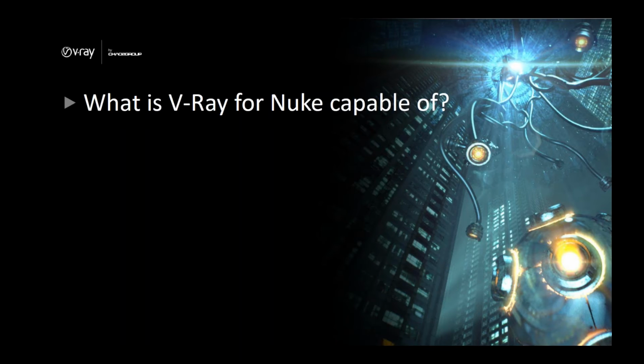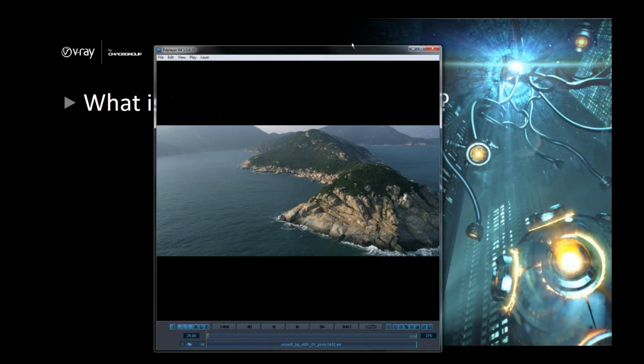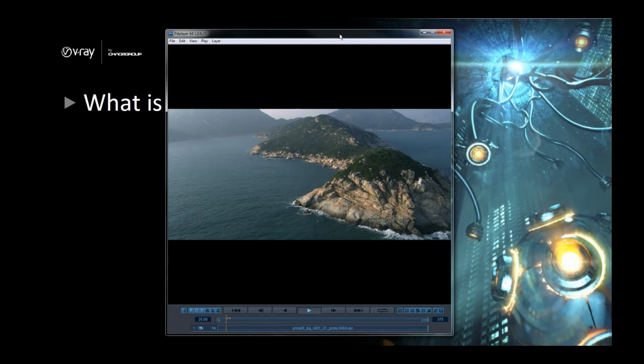And Shaheen was one of our first beta testers of V-Ray for Nuke, and he liked the product very much, and he wanted to see how far V-Ray for Nuke can go, and he wanted to push the limits really hard, and he did it actually. Let me show you what we had at the beginning,